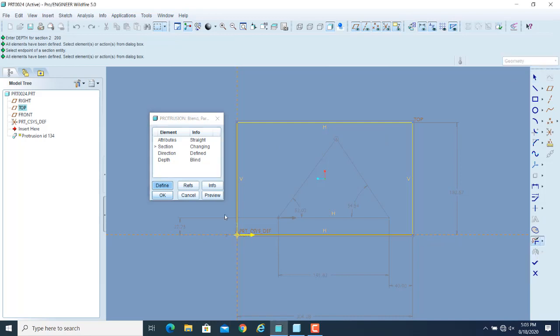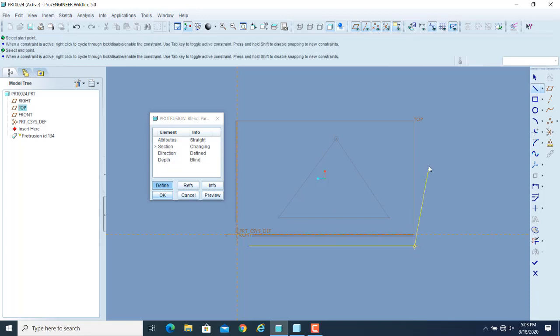For example, if I delete this one and I start with a line, for example from here to here there is a line. Okay, so now the first section comprises 5 edges, or you can say 5 endpoints, 1, 2, 3,